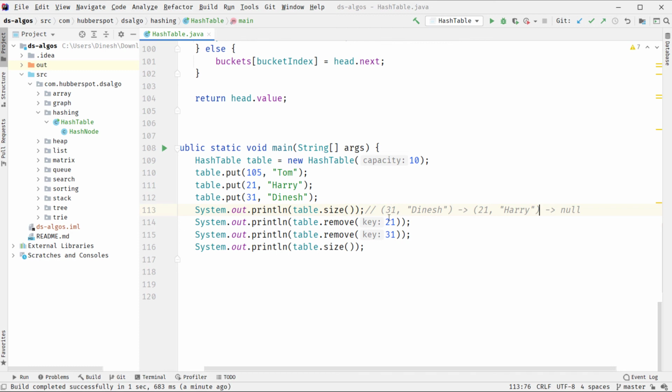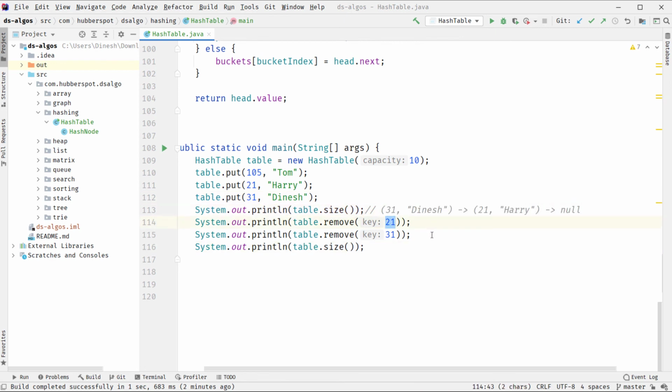So this was our hash table at index 1, because we are removing 21 and 31. So if we evaluate the bucket index, 21 divided by 10 will give remainder as 1. So this is for the index 1. We first added 21 using put, and then we added 31. So 31 came before 21 because we are inserting the hash node at the beginning of the list. So this was the situation.